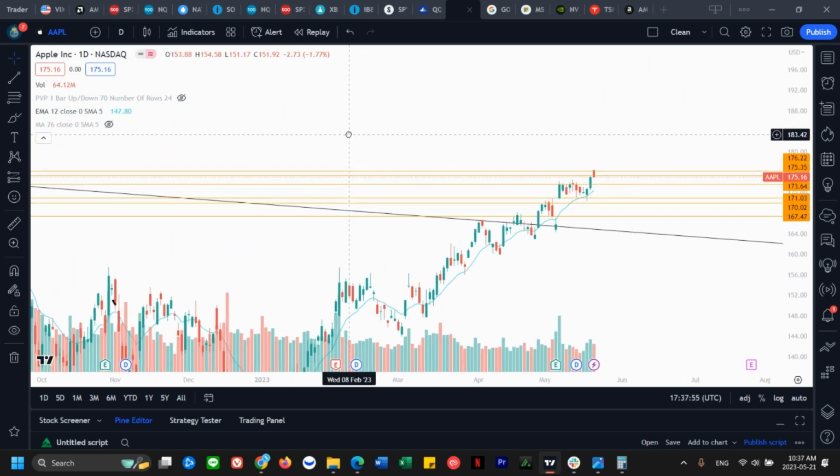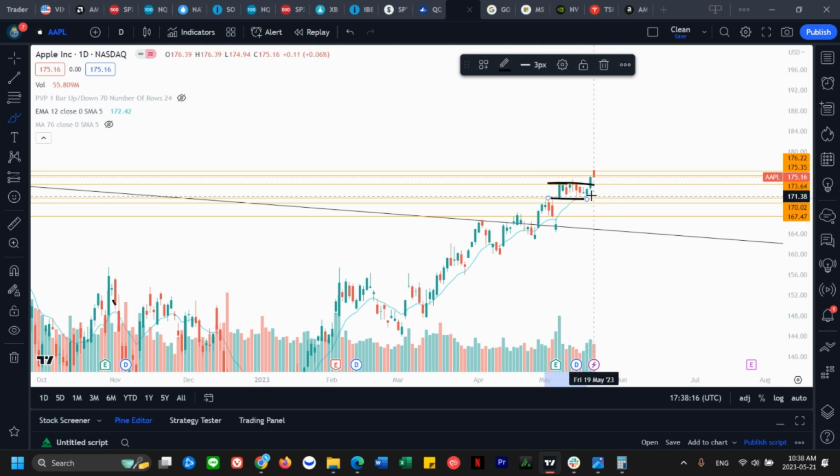So Apple is an interesting day. When I was talking about this last week, we gapped up from earnings, and that was it. The next day, the first 10 minutes was all bull, and it went straight sideways for the next 2 weeks. It finally broke out of the sideways range over here when the market started to go straight up. QQQ, it was still a lot weaker versus QQQ,